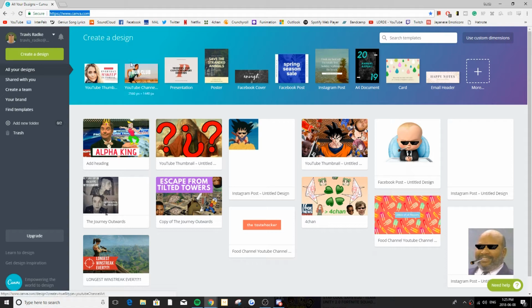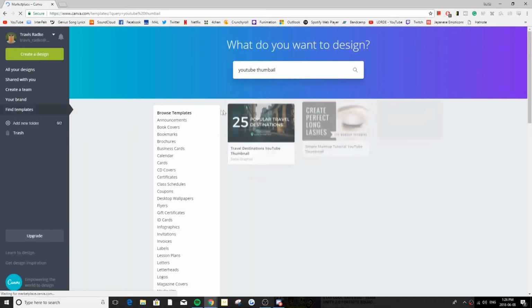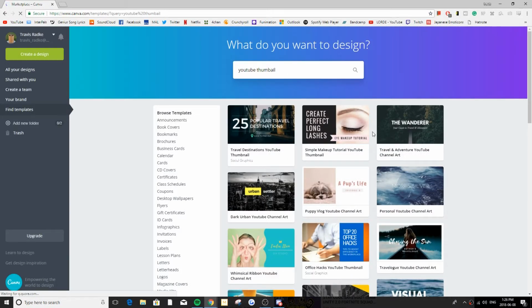So today we're going to be making thumbnails, and the first thing you're going to want to do is come up to this URL, canva.com, and then you're going to search templates. You're going to search YouTube thumbnail. Now this is probably the most stressful part of the whole procedure, because it can be a bit of a bugger to get it to open the thumbnail, but not today. It seems like